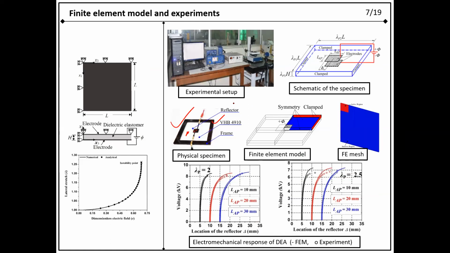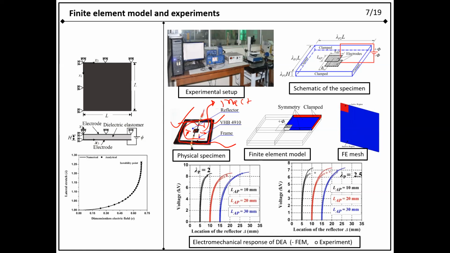In order to make such a specimen, or actuator, we generally take a thin film, initially pre-stress it to a certain level, and then attach it to a rigid frame. This is our actuator area. This is the inactive area, where there is no potential difference, and the black portion is the active area, where we apply a potential difference. When the potential difference is applied, it will move in this direction while also reducing the thickness.